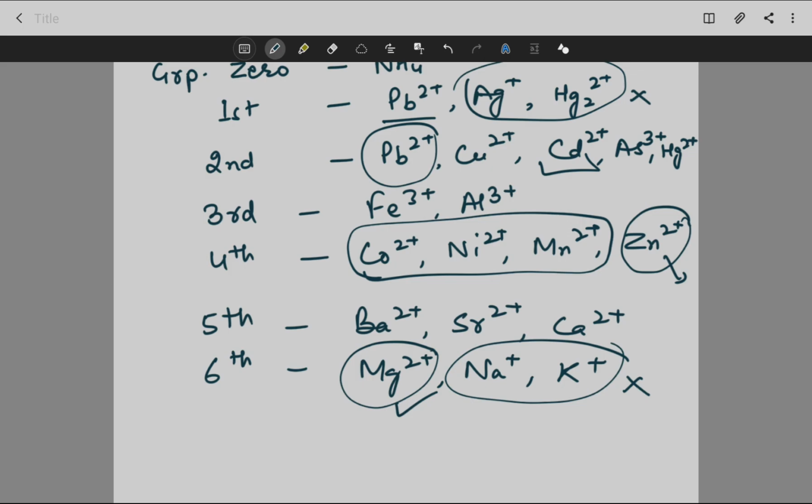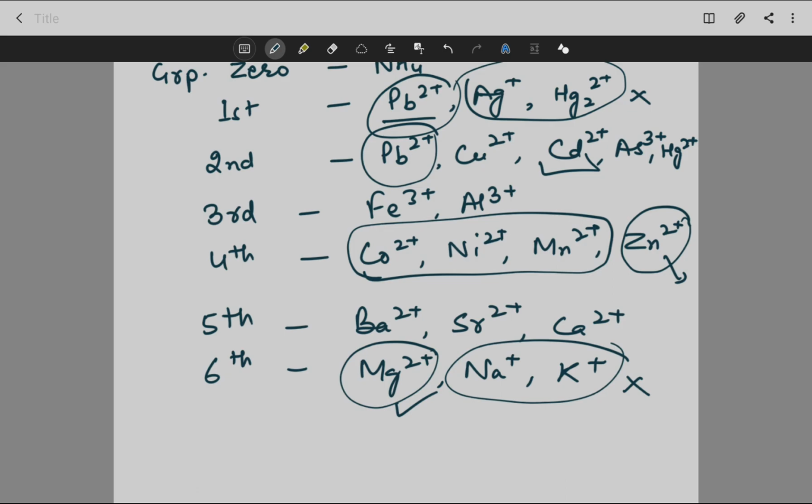I want to make it very clear here that this classification does not have anything to do with the periodic table classification. It is the classification done on the basis of how these various radicals are precipitated out. Like if lead is precipitated in form of chloride, then it is in the first group, and if it is precipitated as its sulfide, then it is in the second group. So that's how it is. Now what about group 3? Group 3 is precipitated in form of hydroxides. So that we will come to know while doing the test for all these group radicals.